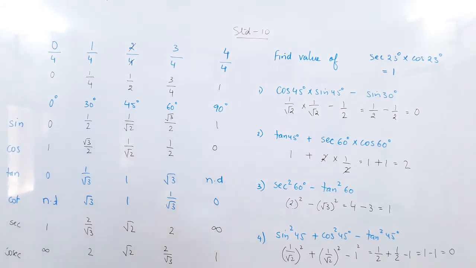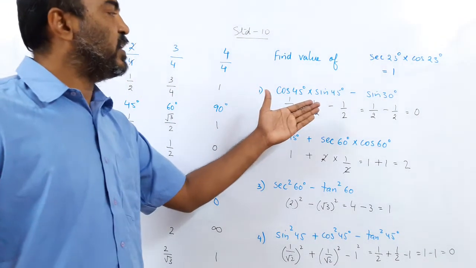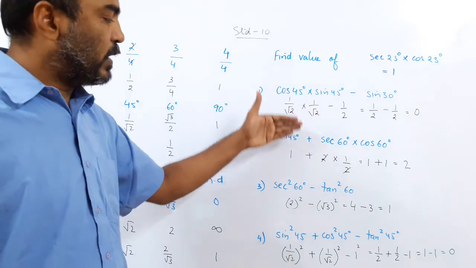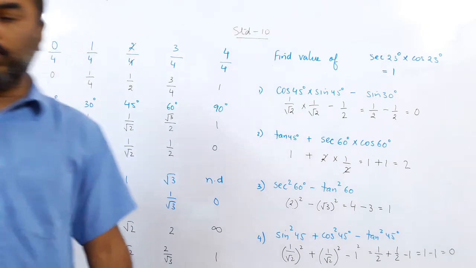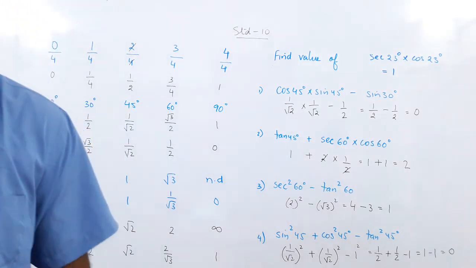Right? So I have done a few sums here based on the angles. Nothing complex I have done here. I have devised a way to make the table. Then whatever angle the sum is mentioning, I just put the value, calculate it according to the rules, and I get the value. So there is nothing tough in this sum.